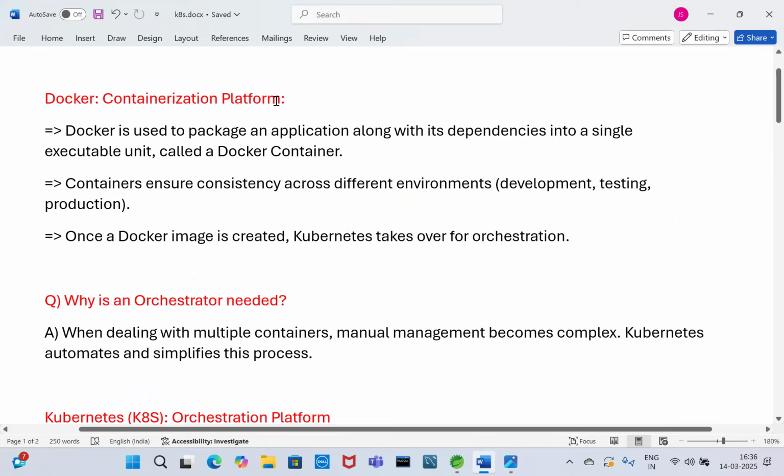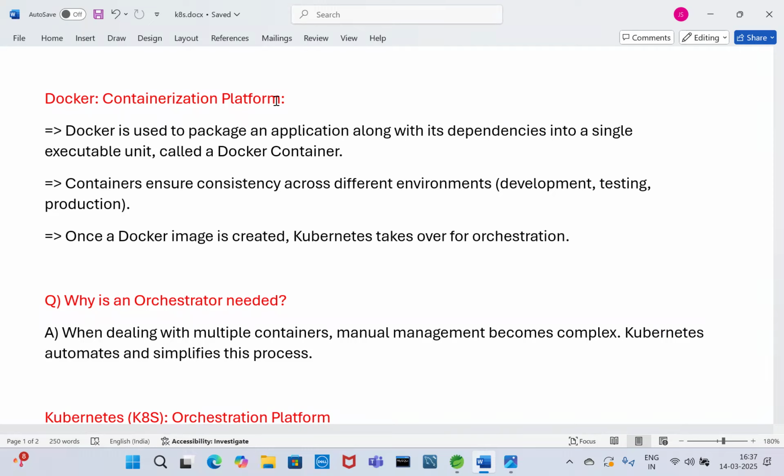Docker is a containerization platform. Once our development is done and we have developed some code, after that we add a Dockerfile. In that Dockerfile, we mention some instructions like the CMD instruction, RUN instruction, COPY instruction, like that.